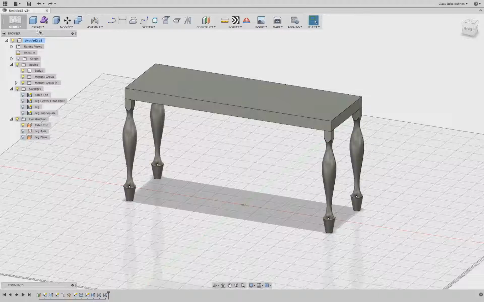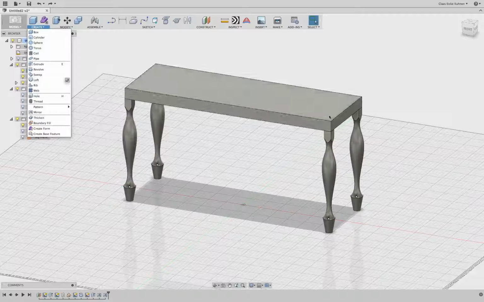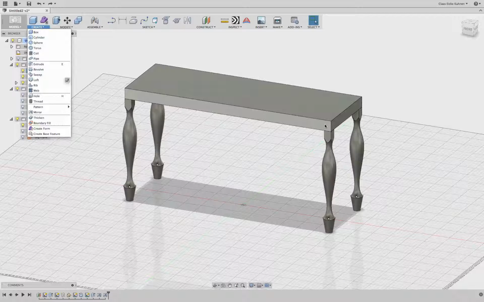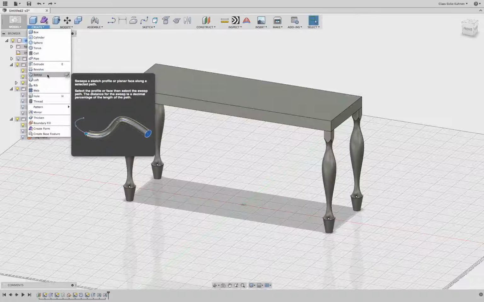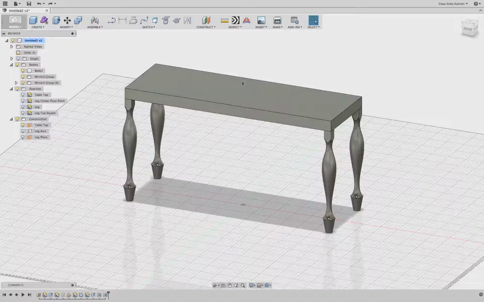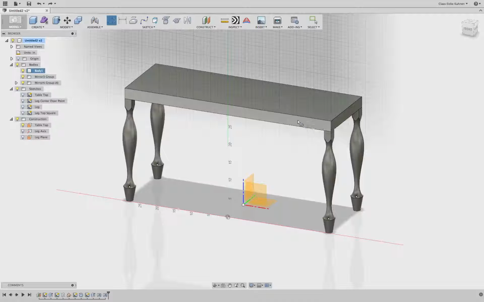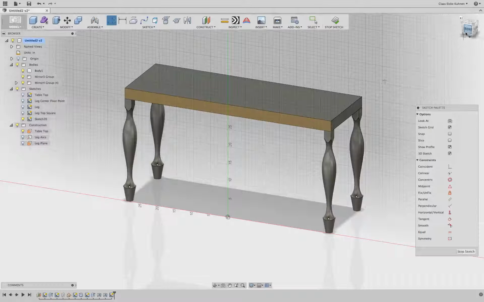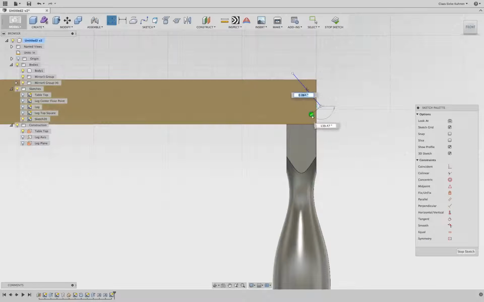So let's take a look at maybe how we could use the sweep command to style a little bit this kind of chunky and blocky looking tabletop. Now the process I will show you for sweep is actually nearly the same as the follow me command in SketchUp. So on one of these faces I have to draw a sketch, and I will actually work with this face. And let's go to a front view,